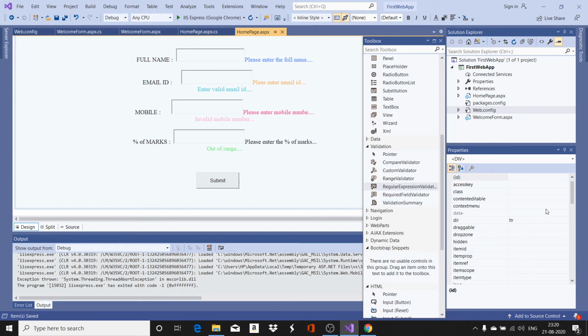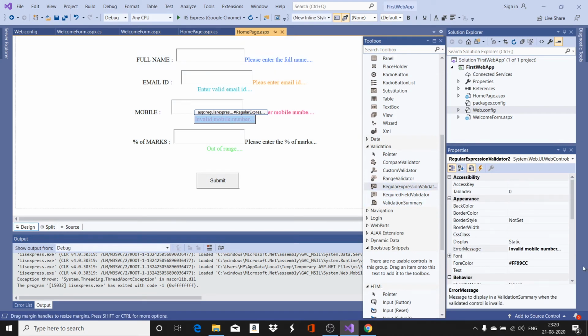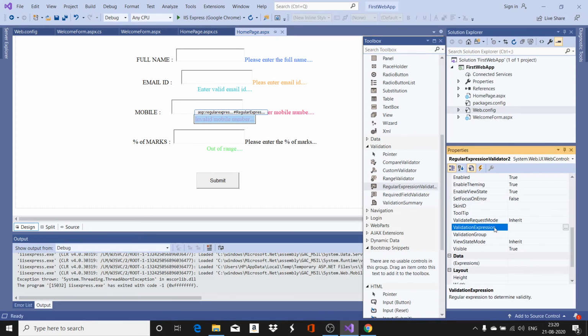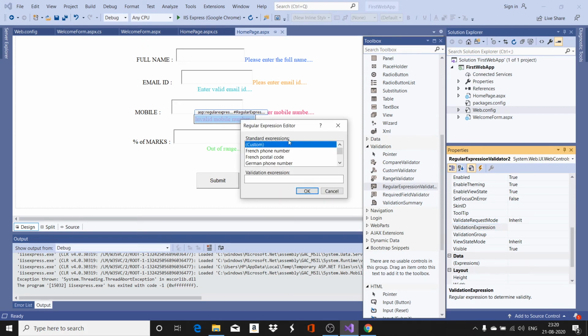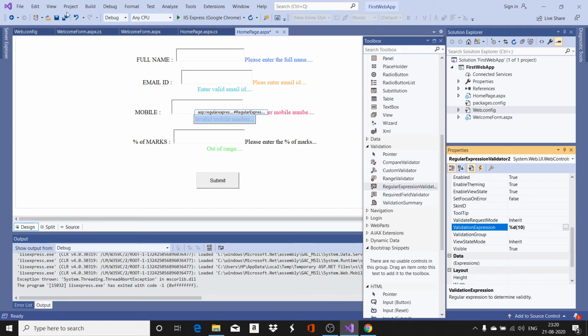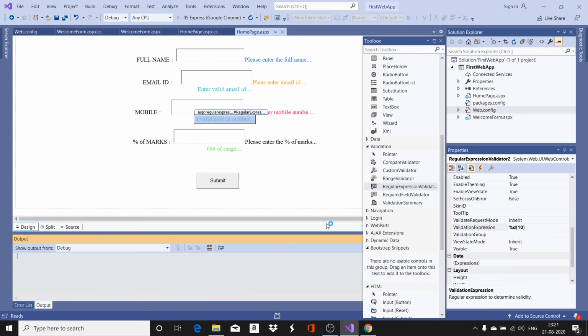Save your application, and of course you have to specify the regular expression also. So go to the validation expression property. There are 3 dots here, the dots button must be clicked. It opens a regular expression editor, and here now I'm going to have a custom regular expression. So I go for percentage D. Percentage D is for digits. How many digits do I want? I want to have 10 digits. Say OK. Save your application. Start running your application.